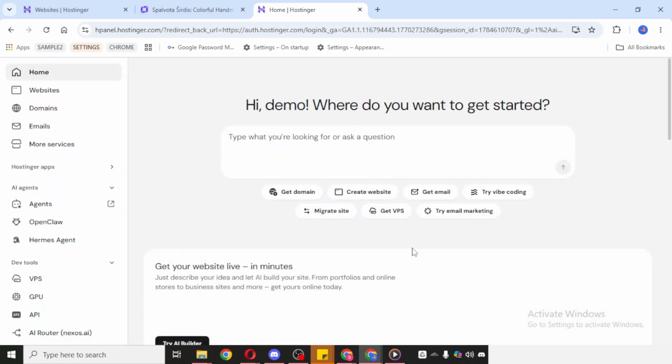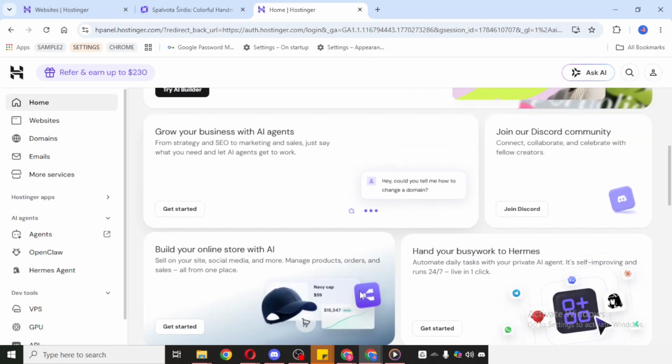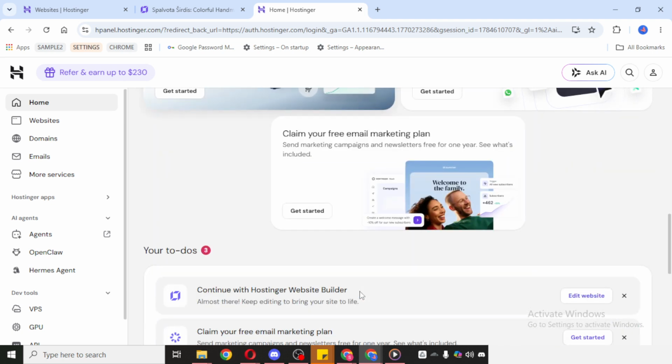After selecting your preferred login method, enter your details carefully and continue through the prompts. If your account uses any additional verification, such as a security code or confirmation step, complete that as well. Once everything is entered correctly, you will be taken into your Hostinger account dashboard. This is where you can manage your hosting, websites, domains, and other account settings. If your goal is simply to access the account, that is all you need to do.